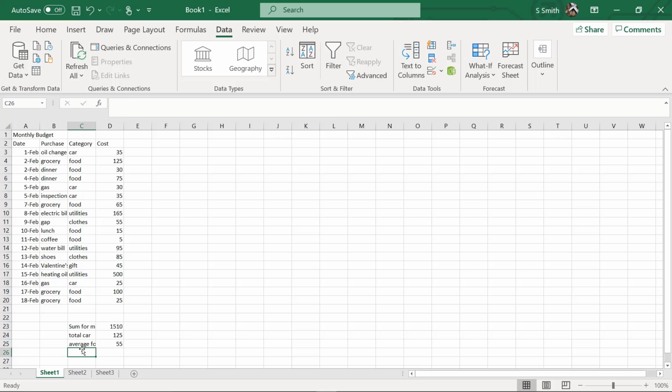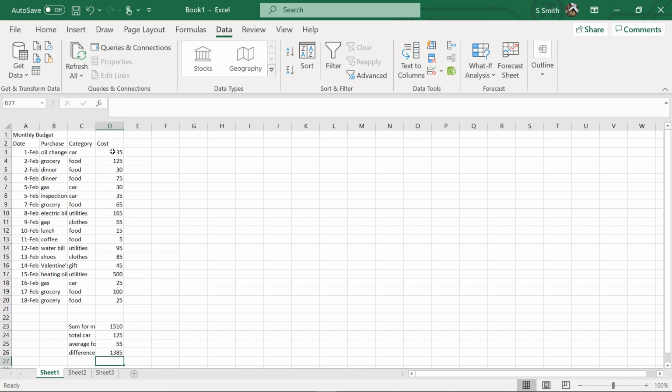If I wanted to find out how much money I have left over after I've taken out my total car costs, I could put my difference between my total and my car costs. Notice I hit the enter key when I was done typing and I went down. So I'm going to use my arrow keys to go back up to here. I could type equals the total amount and click on the total amount that I spent for the month minus the total amount that I spent on my car. And that's my remainder. That's how much I have after all of my car expenses.